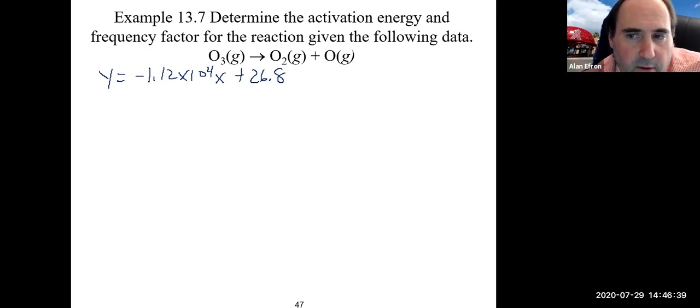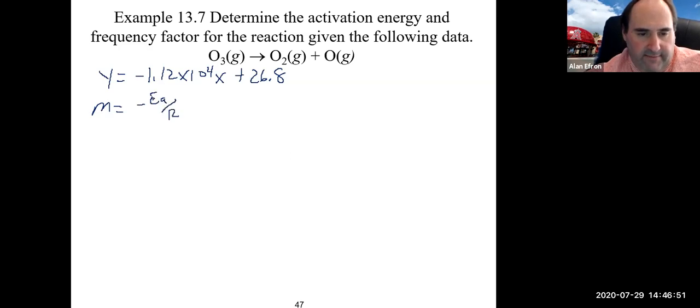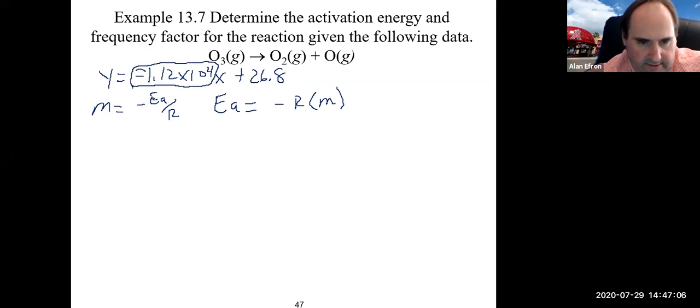So remember that when we do this graphical approach, the slope of the line equals minus Ea over R, which means if we want to solve for our activation energy, as we were talking about earlier, it would be minus R times the slope. So the slope, right, is this number right here. And important as well is, as we could see in the graph, it is a negative slope line. So putting that in would give us negative